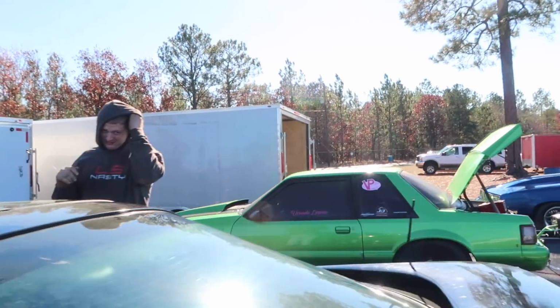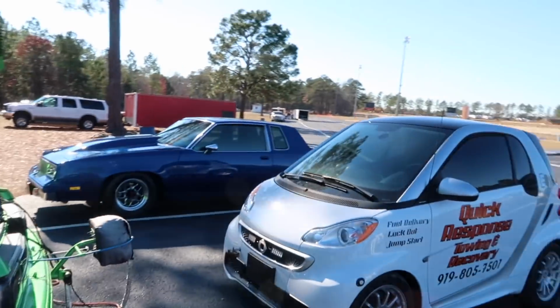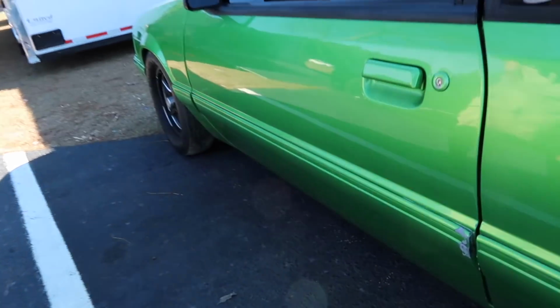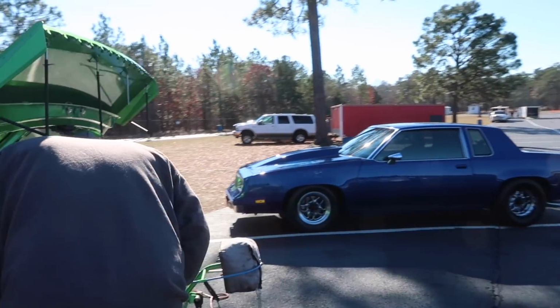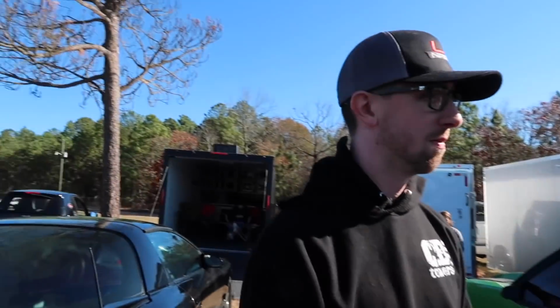We know that Ron right here with the J&J Fab sticker on it, no competition at all, just none. Look, this car is so fast though, it peeled the paint off. And then we got Wes's G-body over here, which you're on the wrong side. All the G-body guys are parked over here. They're already like summoning you over there. They're like, Wes, come here. All right, well, we're gonna go get teched in, do what we gotta do, and then we're gonna